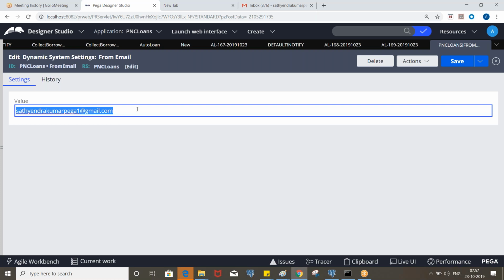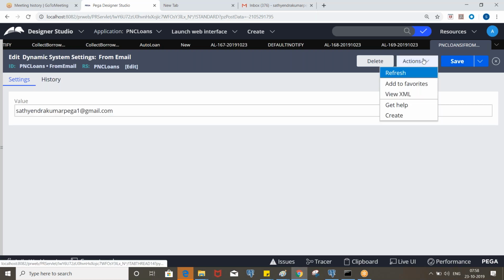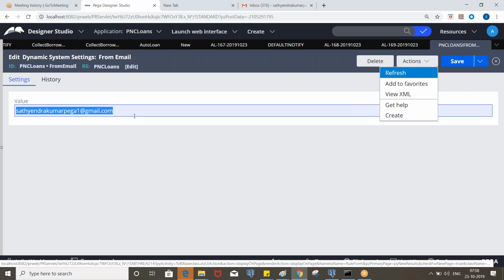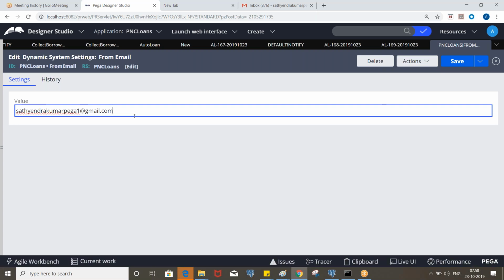What if multiple users change? Everybody will be able to change. I think we cannot delegate this, so generally only developers will change it after moving the code. It is not editable by business users.